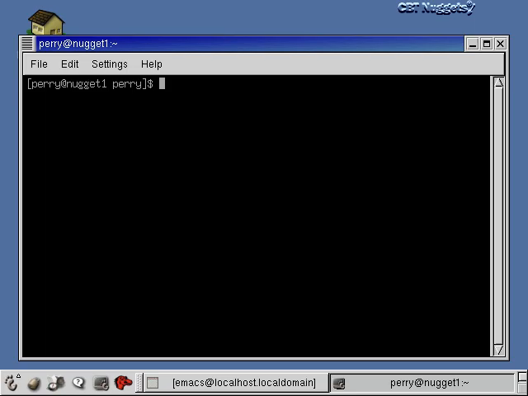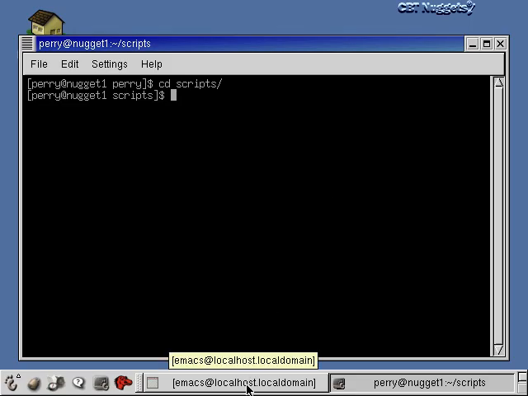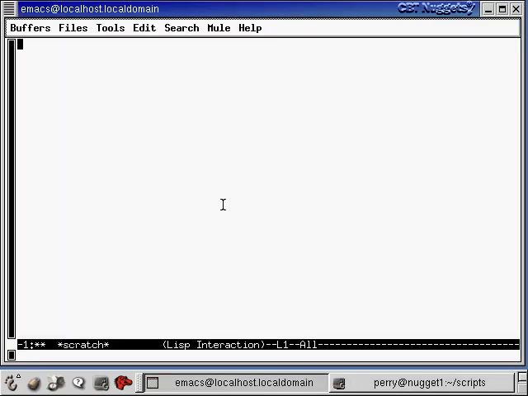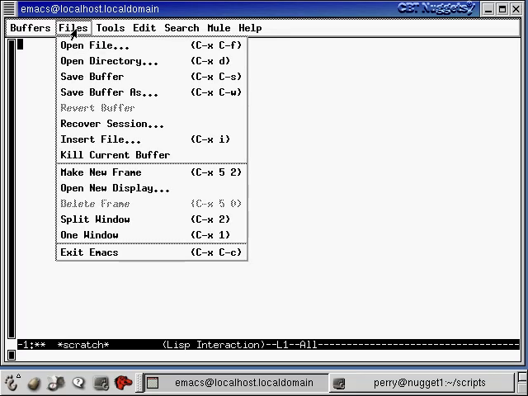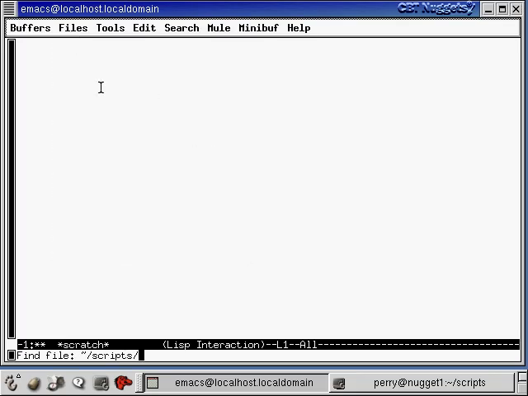Now I've created this subdirectory of my home directory called scripts, so we'll go in there to work. Okay, and I've got my Emacs editor down here minimized, and we'll use the Emacs editor to create our shell script. Now let's get a new file going, and remember, you specify that file with the Control-X, Control-F commands, or you go under the Files menu and you say Open File. Okay, and remember, tilde specifies my home directory, so tilde scripts is my script subdirectory, and I'll say tilde scripts, and then I'll specify the name of the file that I want to create, and I'm going to call it